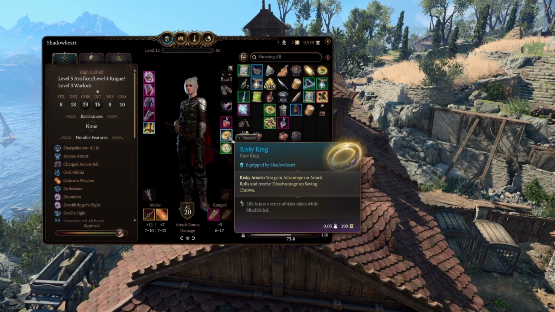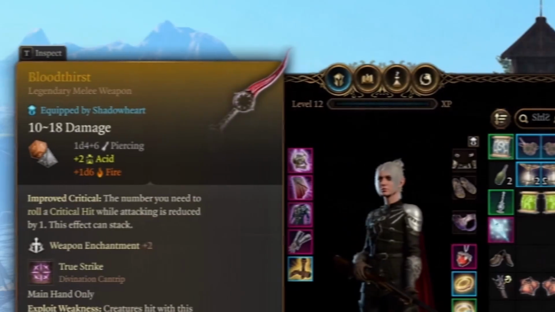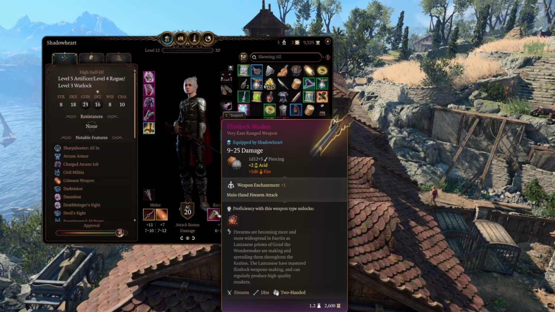Rings will be the Risky Ring. This will provide us with advantage to attack rolls some more. For the melee weapon it's the Bloodthirst. This will provide critical modifiers with the improved critical. Now for our main hand ranged weapon, that will be the flintlock musket that you can buy from the vendor,